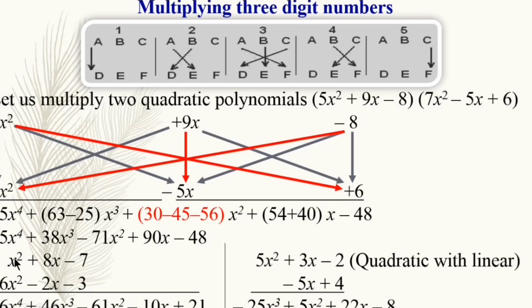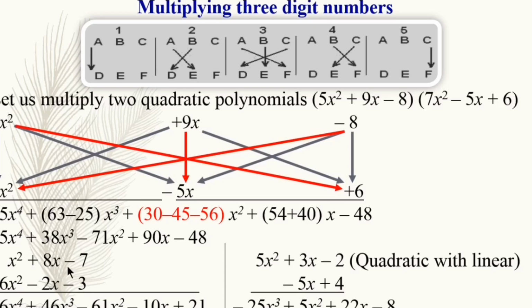Then we cross multiply these two values. So 6 into 8 is 48 plus, and this is minus 2. So plus 46, x square into x is x cube. Then we cross multiply these values. So minus 3x square, minus 42x square, and minus 16x square by vertically multiplying them, and the total is minus